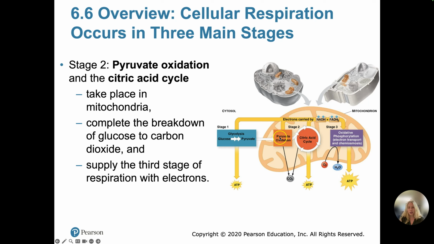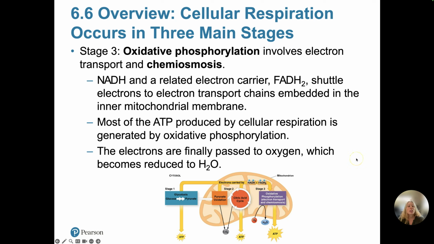And then glycolysis, pyruvate oxidation, and the citric acid cycle are going to funnel electrons that are carried by either NADH, which we talked about in the last video for this module, or FADH2, which is another electron carrier we haven't talked about yet. Those two electron carriers will shuttle electrons to stage 3, which is oxidative phosphorylation, where the electron transport chain and chemiosmosis occur. In the third stage, oxidative phosphorylation involves electron transport, the electron transport chain, and chemiosmosis. In stage 3, NADH and a related electron carrier, FADH2, shuttle electrons to electron transport chains, which are embedded in the inner mitochondrial membrane. Most of the ATP produced by cellular respiration is generated by stage 3 by oxidative phosphorylation,